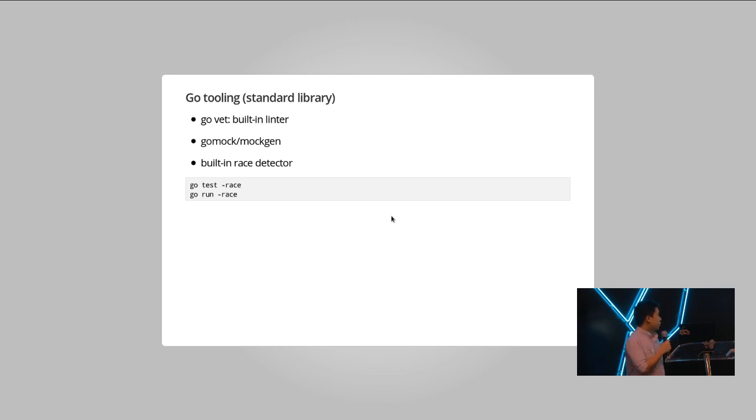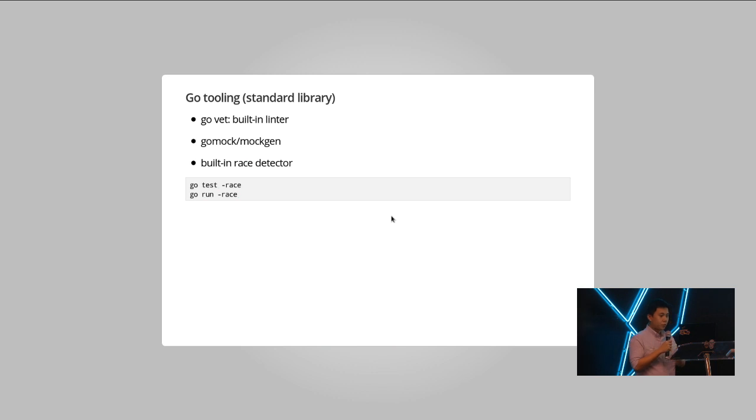Like I mentioned, one of the use cases for Go is concurrent code, and you have to avoid race conditions in your code if you're writing concurrent code. And Go makes this very, very easy with the built-in race detector. You can just pass the -race flag, and it will build a special binary or run your tests with the race detector enabled, and it will tell you if you have unsynchronized access to variables.